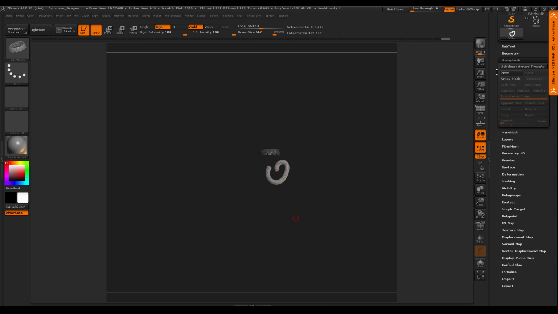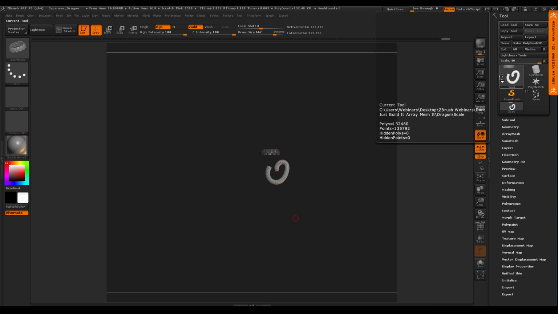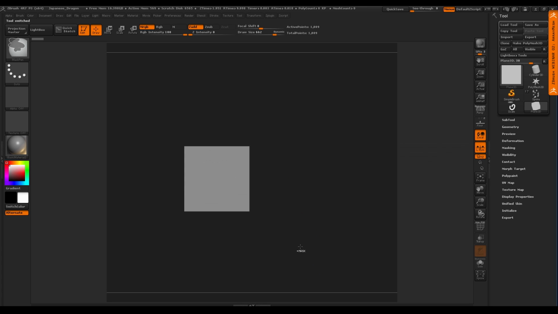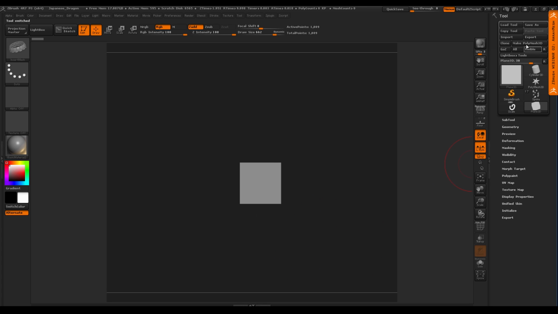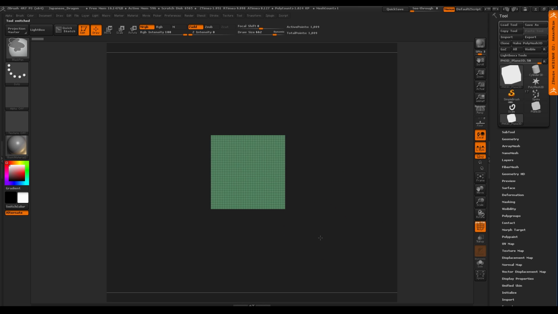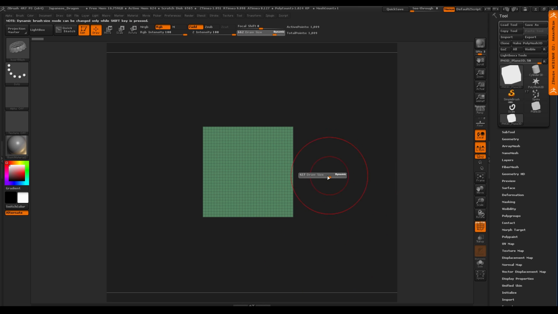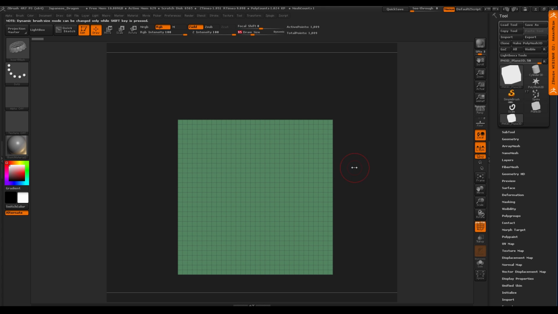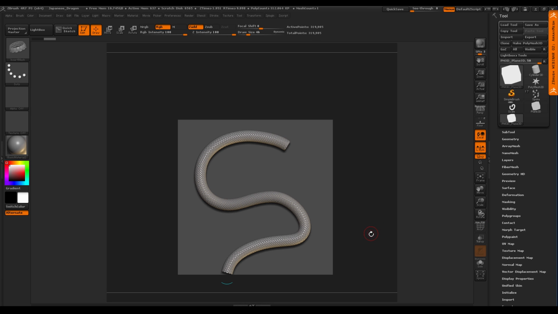So then all I need to do now is draw out a dragon. The beauty here is I just grabbed a plane. I know it's a real brain buster here for us all. I turn this into a make poly mesh, so I have something like this. And then I said, all right, let's just draw it out. Let's see what we get here. I'm going to say I want the dragon's body to be maybe like this. And then there you go.